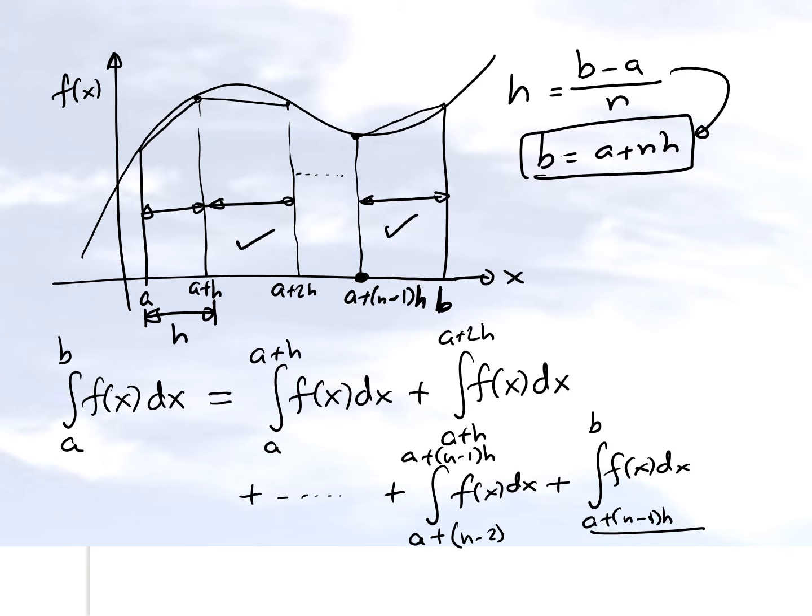So I've basically broken up the integral from a to b into n integrals. And keep in mind that this is exactly equal, because all we have done is apply calculus. If you break the limits of integration, it's not going to change the value of the integral. But what we're going to do now is apply the single application trapezoidal rule on this integral, on this integral, on this integral, and we're going to add them up.